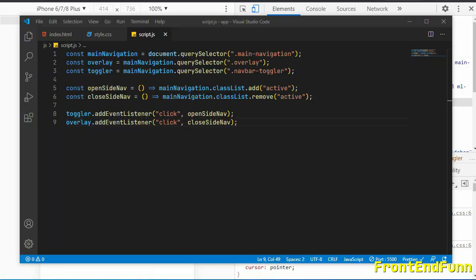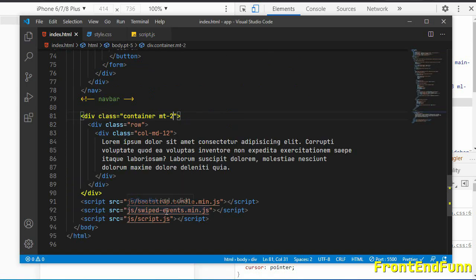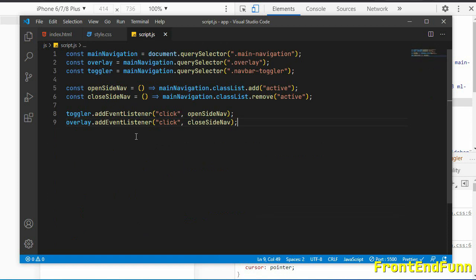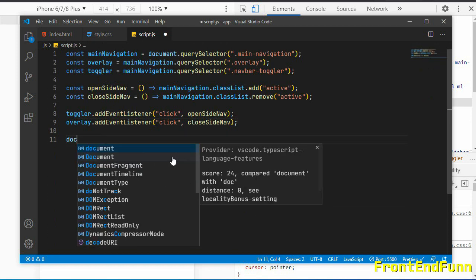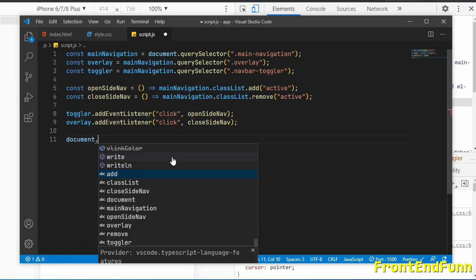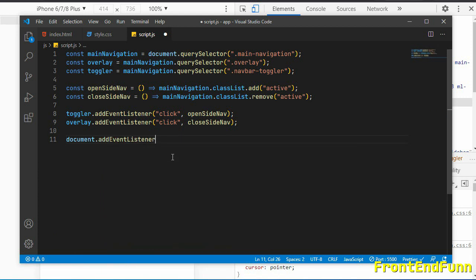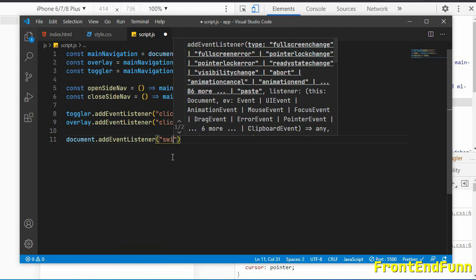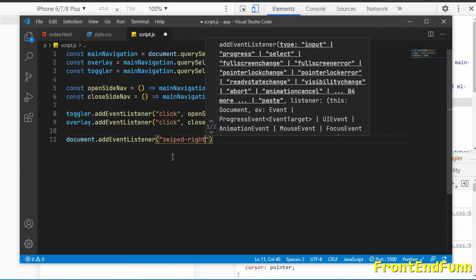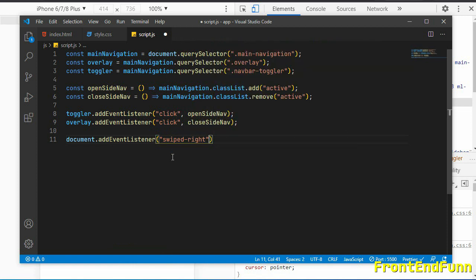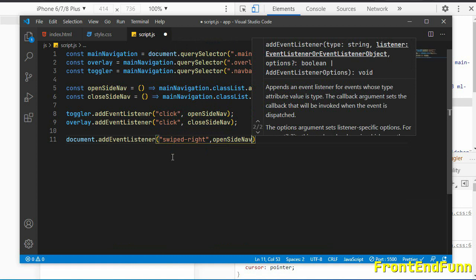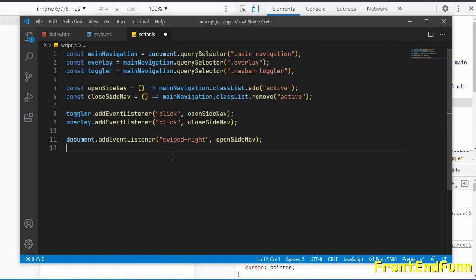Okay, next we'll make use of this swiped events, so you can add some event listeners like this. So addEventListener dot swiped-right, so when user swipes right, then we can call the open side nav.